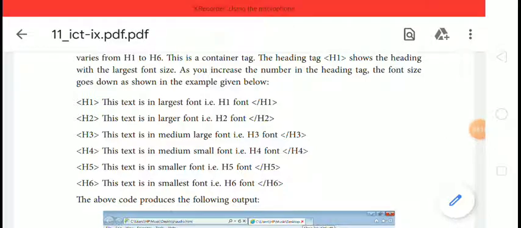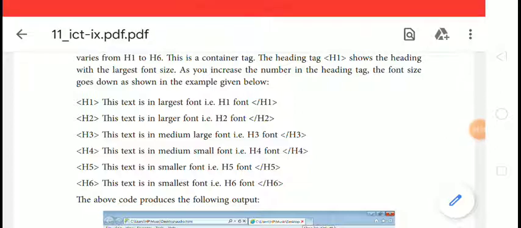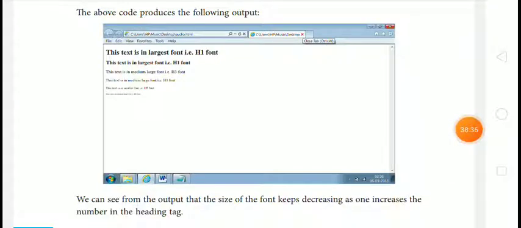So that was all about the heading tag which we use to format the document in an HTML program. The above code produces the following output. You can see in this picture.